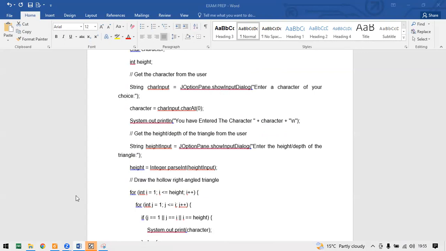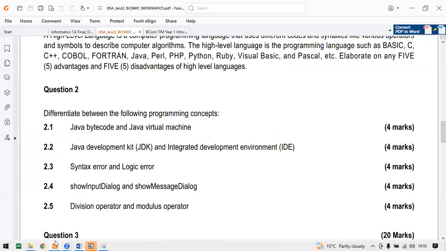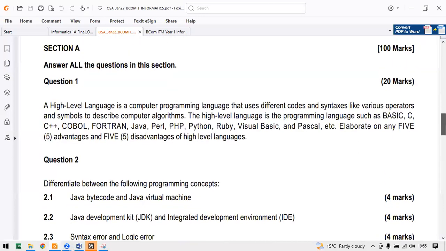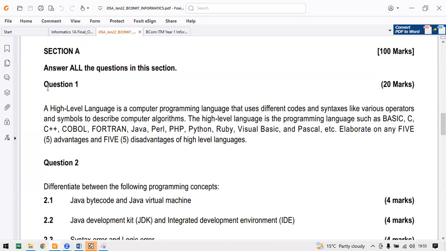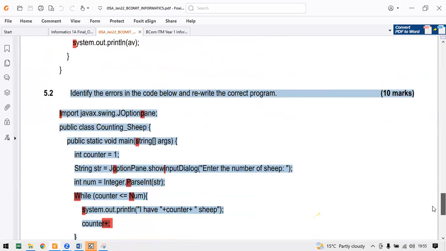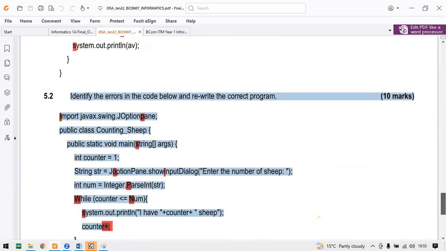So we are going to do the discussion of this question paper. However, I'm going to give you the answers, but we need to discuss them here in class. If we have any questions, we will ask. If we need any discussion, we'll do it, but I'm going to offer you the answers for this question paper. Then after we finish, we need to do the methods, because 5.2 also has the concept of methods.